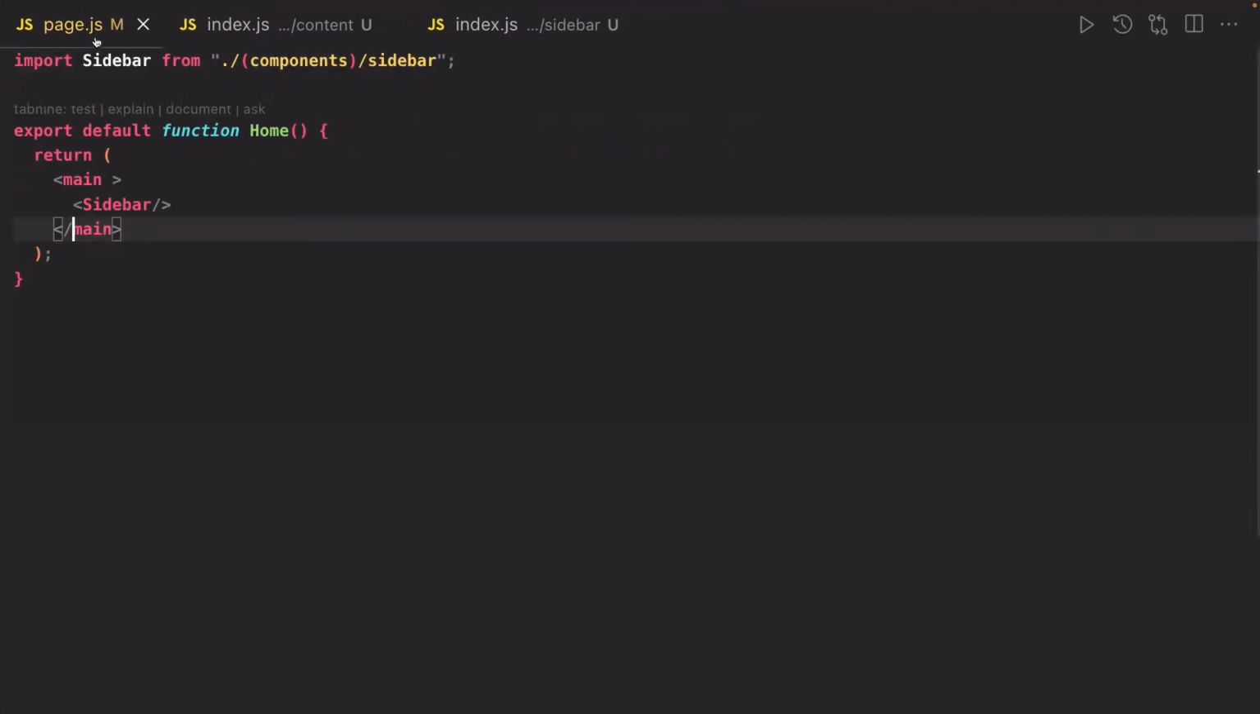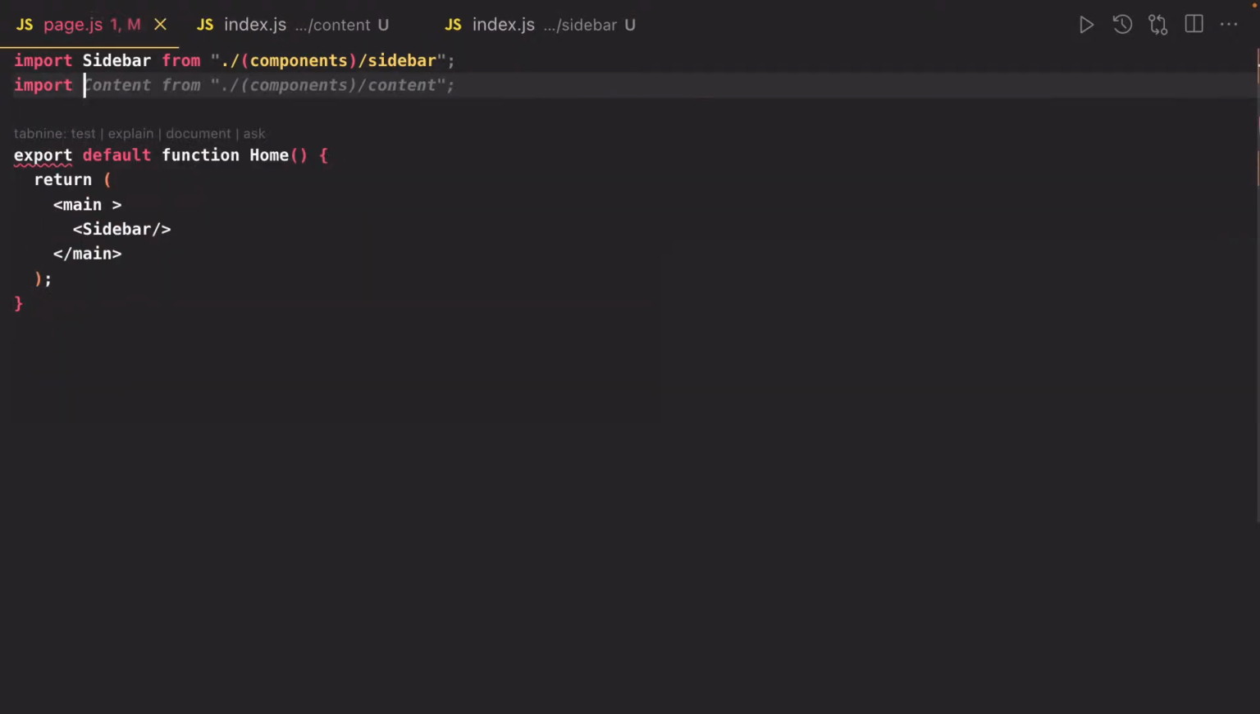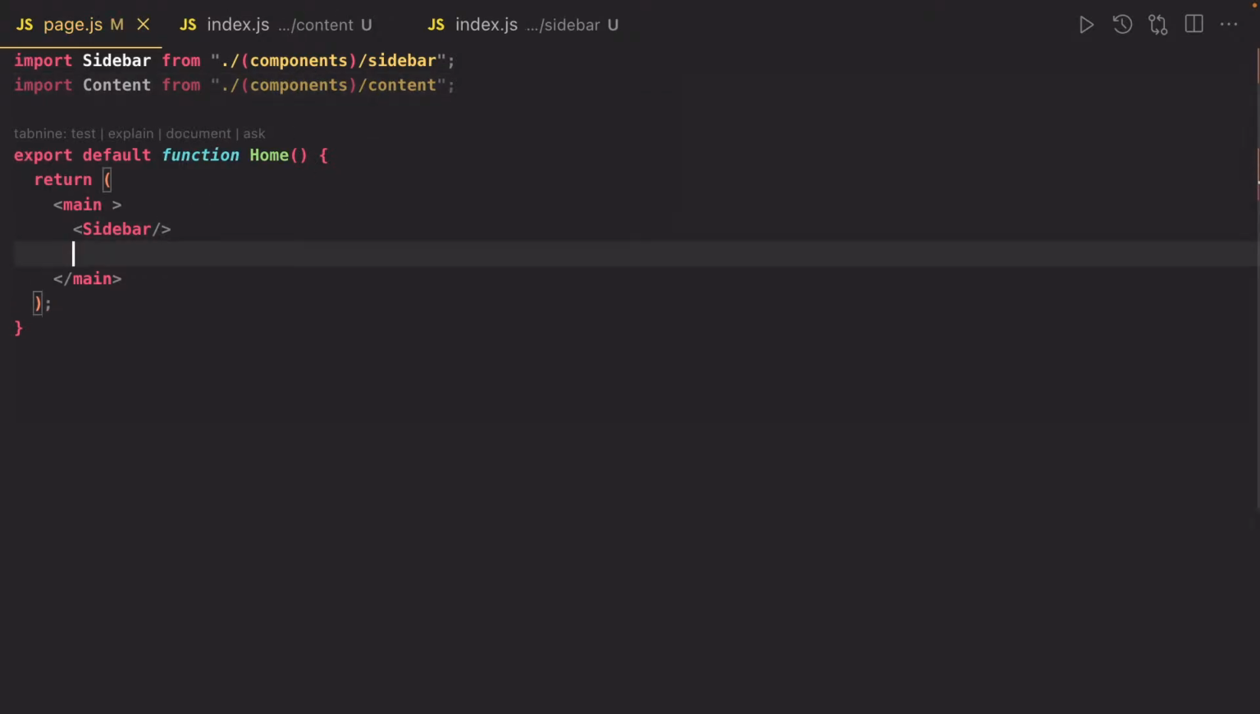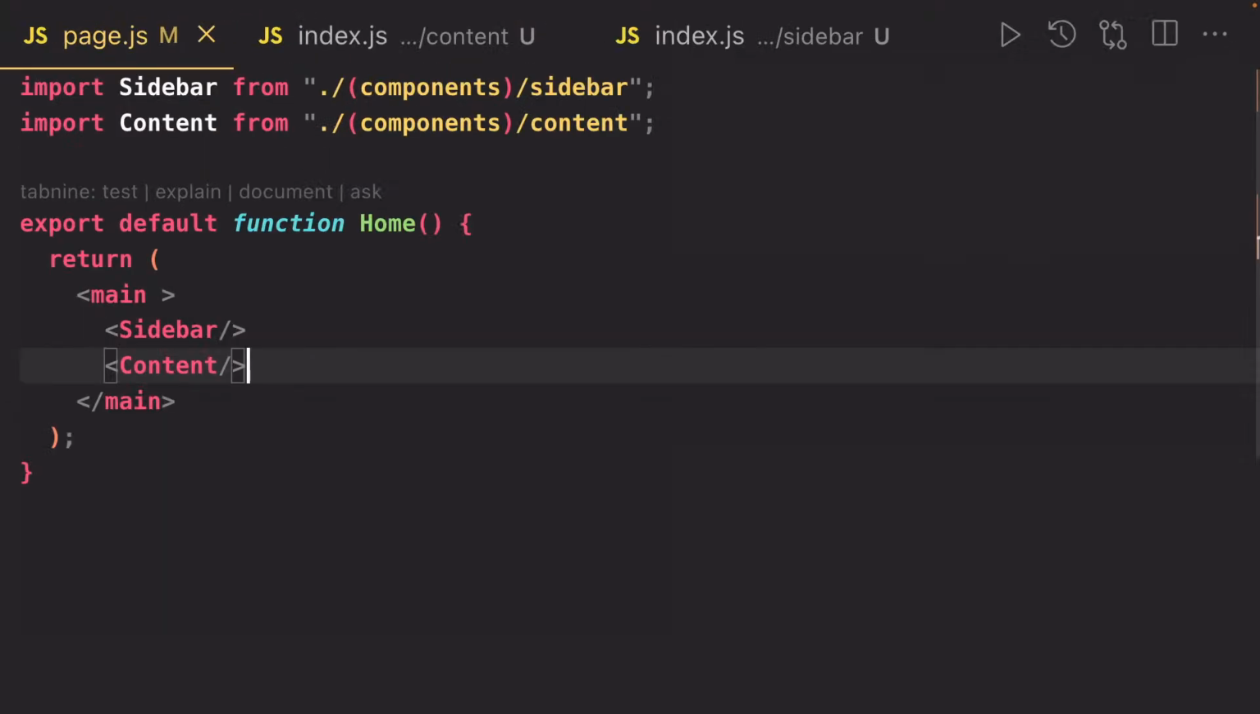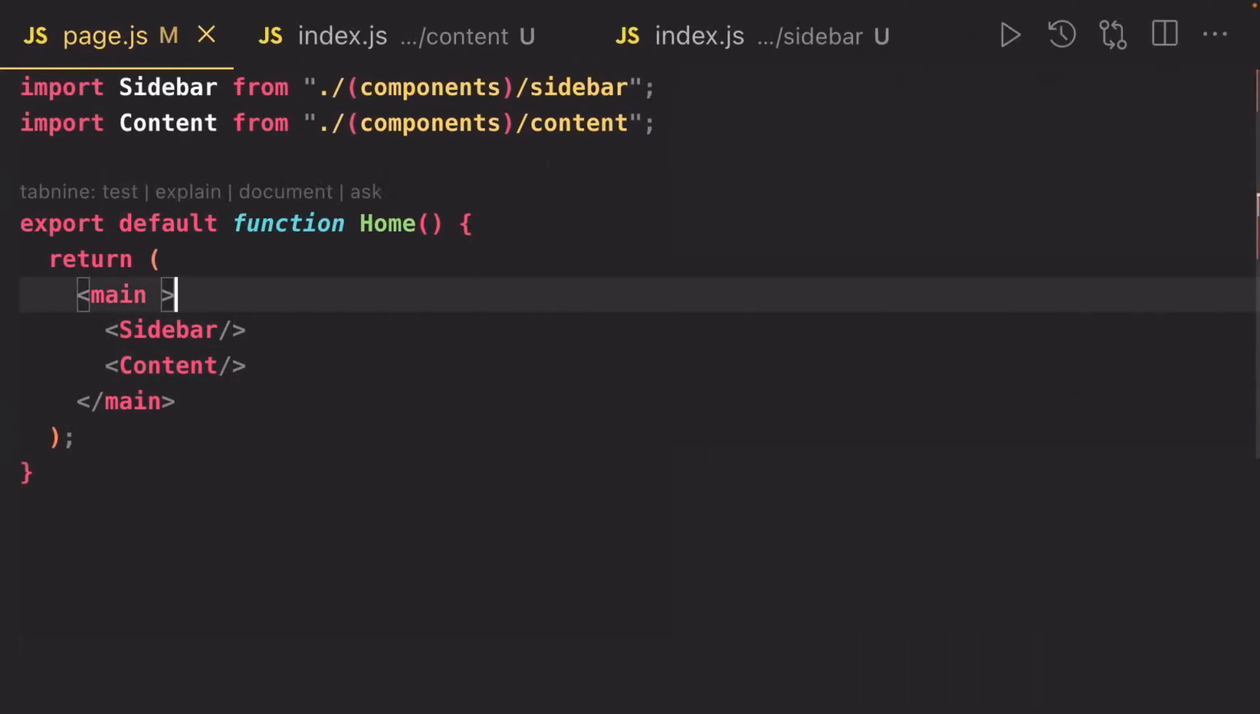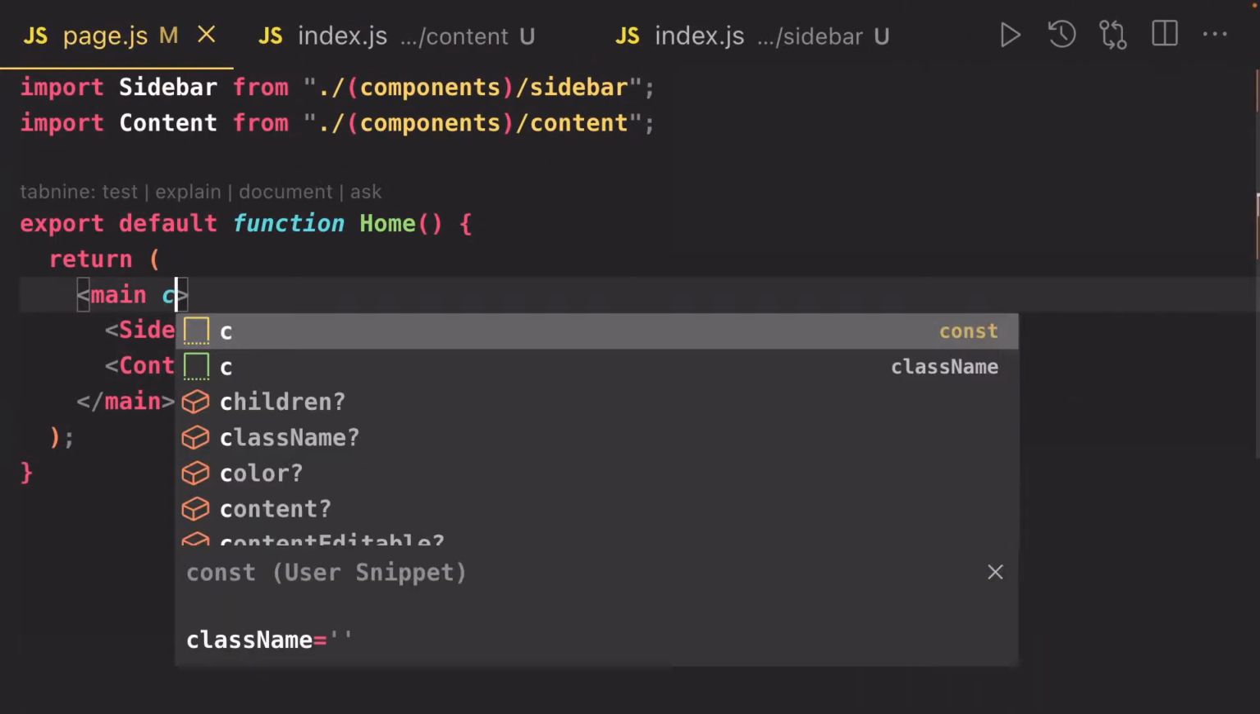So we have a sidebar. Now inside our main page, just like we have imported sidebar, I will import content. I think Tabnine is giving a suggestion. That's great. Content. Wow. So we have content. Let me also zoom this a little bit. Okay. So we have sidebar content, and inside this,